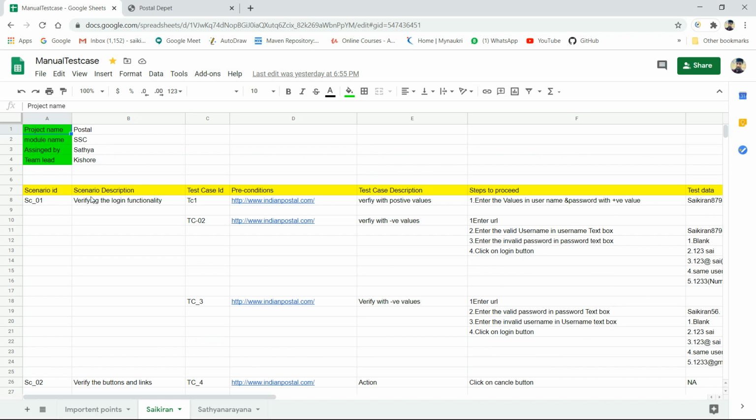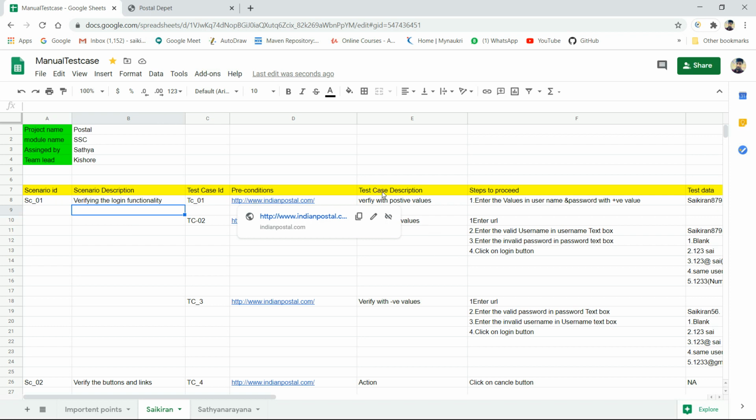The test scenario description means verifying the login functionality. The precondition is the website, the Indian Postal website.com, which I have used to test that application.